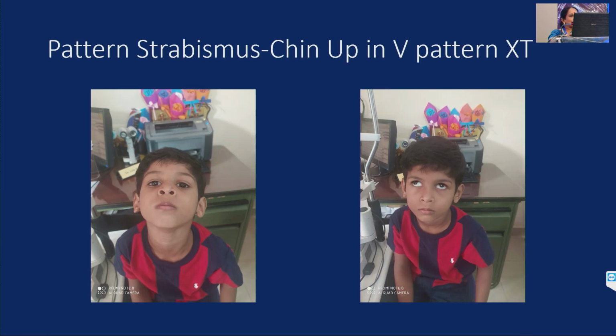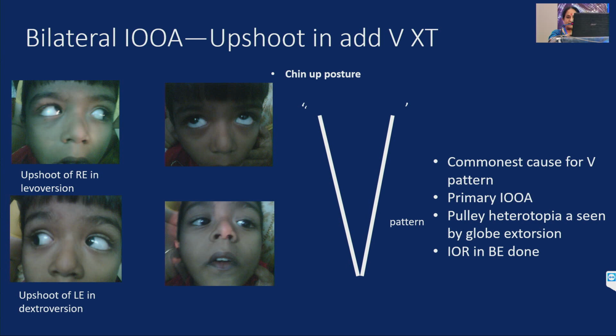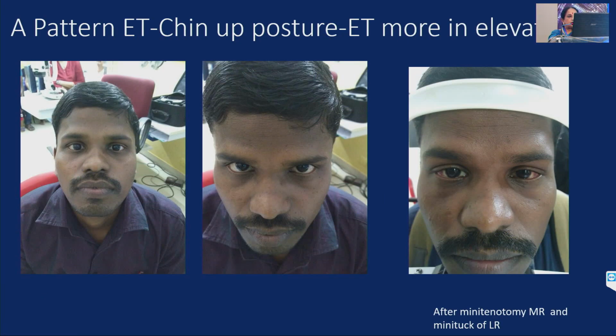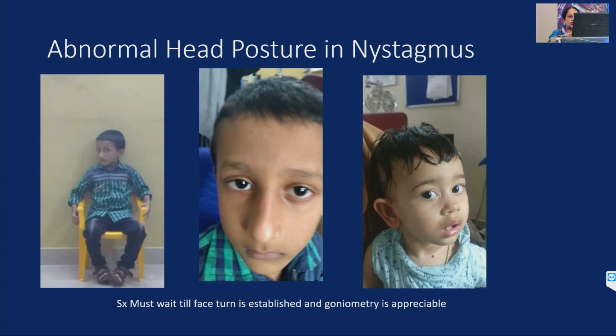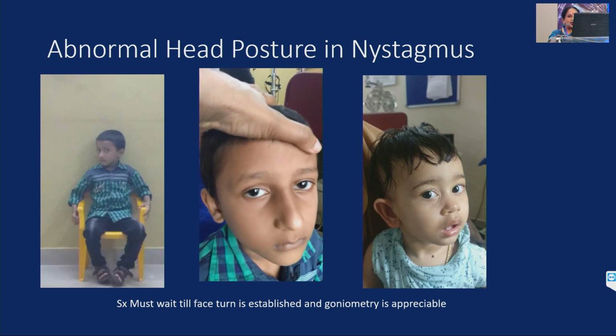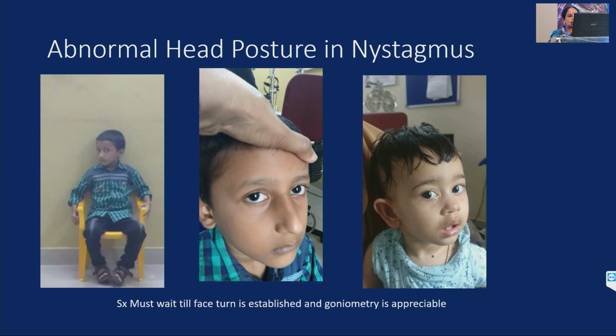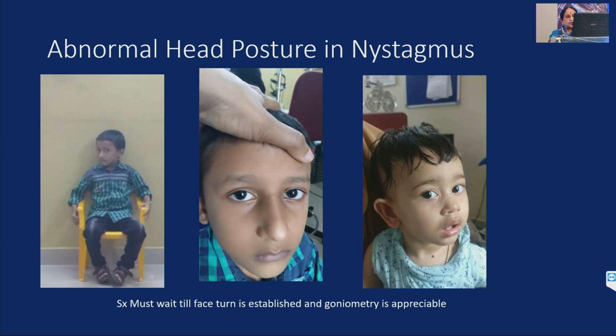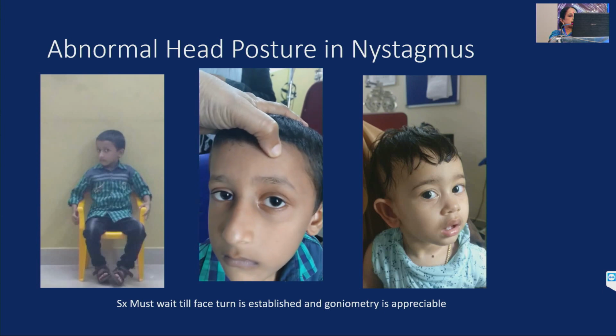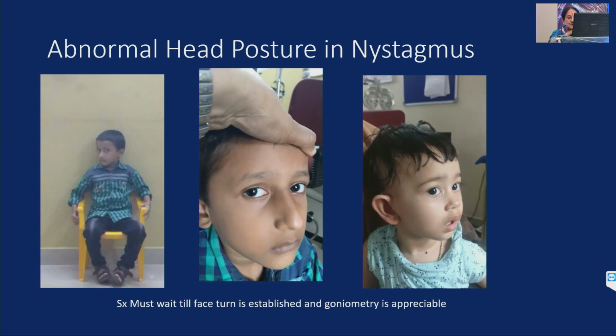I think time is going fast, so I will just go through some of the pattern strabismus cases. There was chin up posture with V pattern exotropia. When looking up it is exo, when looking down it is almost straight. And the commonest cause is inferior oblique overaction, which has to be corrected with the recession. And this young teacher had chin up posture because of A pattern esotropia, which was corrected with a small mini tenotomy. And nystagmus is coming up. Dr. Muralidhar is going to talk on nystagmus, so I don't want to, but you can see there is marked jerk nystagmus when he is looking to the right, so he is keeping his head turned to the left, to the right to prevent